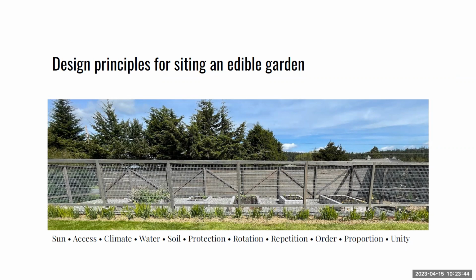So the first half of those elements are really what I like to call more site-based site analysis elements, and then the second half are more design elements. And you can see how much they really work together, and a lot of them are the same in many ways. So now let's dive into how you,